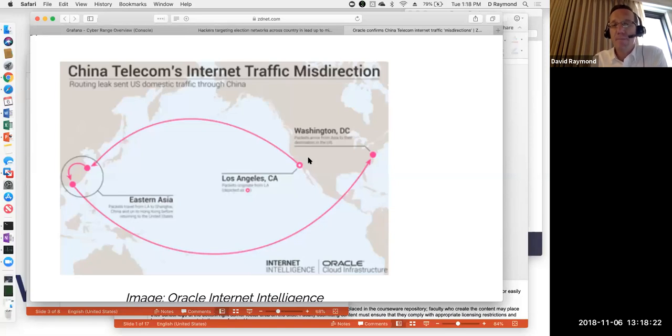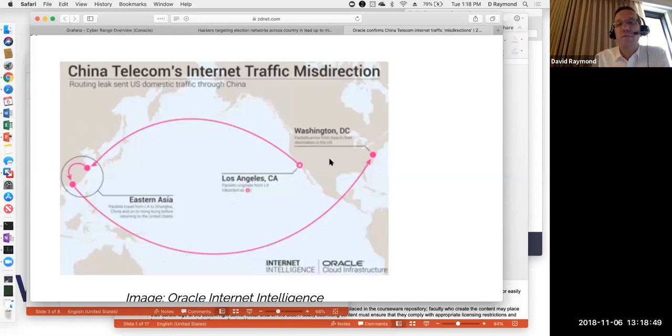And so the accusation here is that China Telecom, which controls the border gateway protocol routers, the core routers in China, configured some routers so that they would essentially lie to these routers in other parts of the world and say, hey, we have a shortest path from Los Angeles to Washington, D.C., for example.